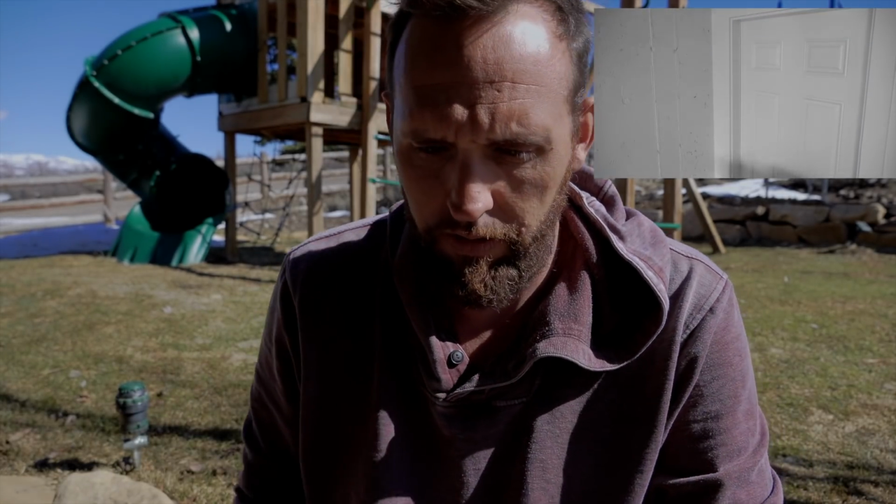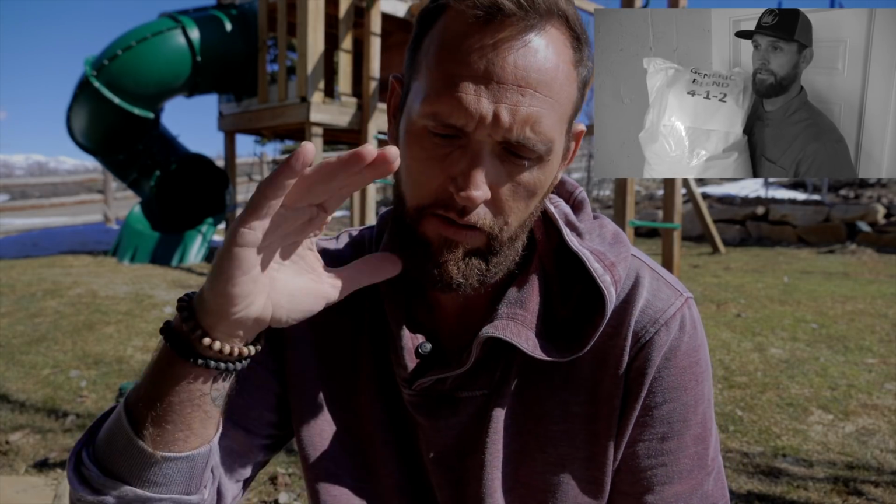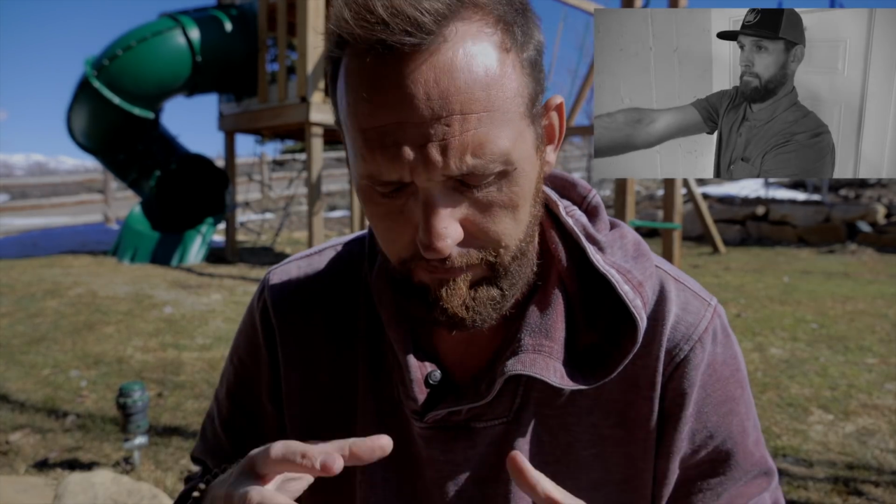Okay, so now the thing is, people take a look at this and say, well, with liquid fertilizers you're just shipping water, or you're doing this, or doing that, and that's not entirely true. A lot of this is going to come down to how many pounds of material are inside that container. So let's do something really simple. Let's just say that we have a 10-pound bag of granular fertilizer, and just for math's sake, we're going to make it really easy,